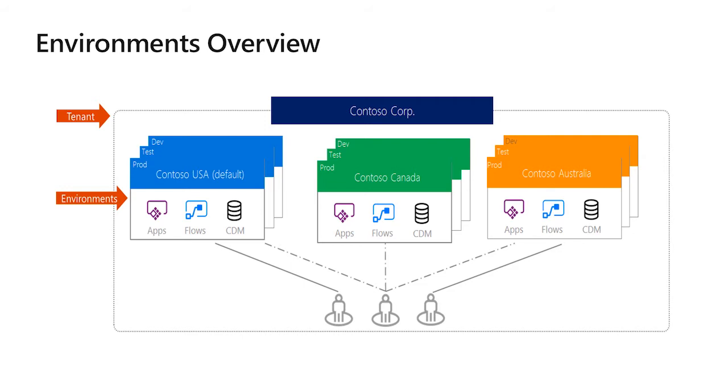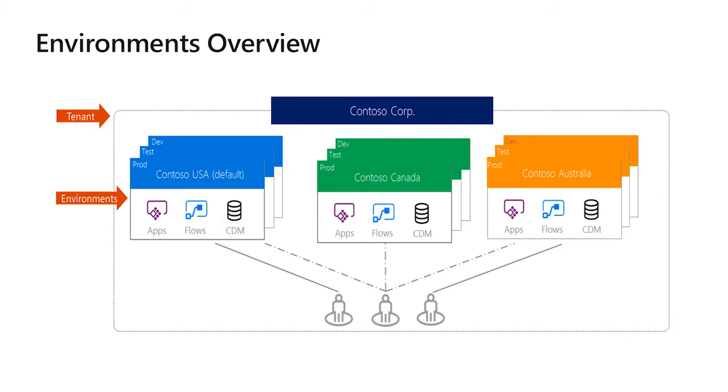You can see on the example I have on the screen that Contoso has one in the USA, Canada, as well as Australia. Now, those could also be defined to deal with lifecycle management of applications that you promote through the different tiers, and you see the example of that having dev, test, and production environments that support applications and move them between them. The actual makeup of how many environments, where they are located, should be something that you discuss with your solution architects as well as your administrators that will be managing the environments.